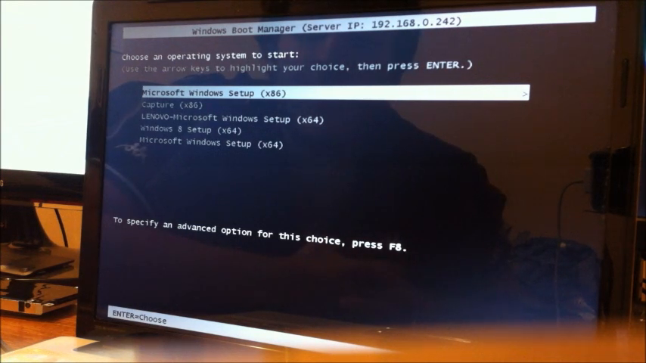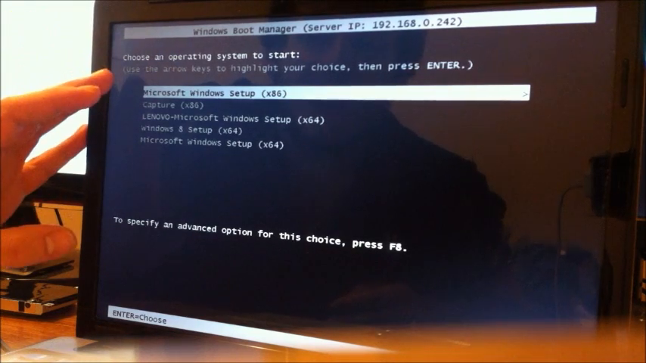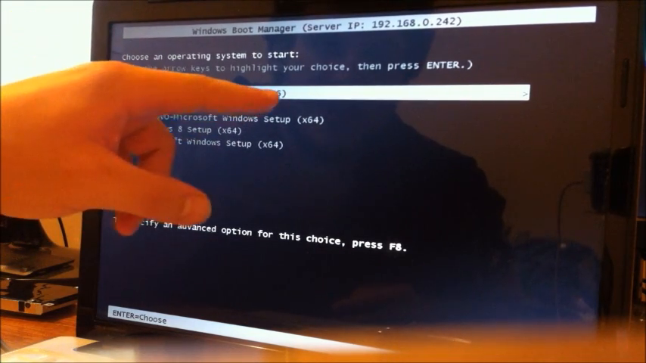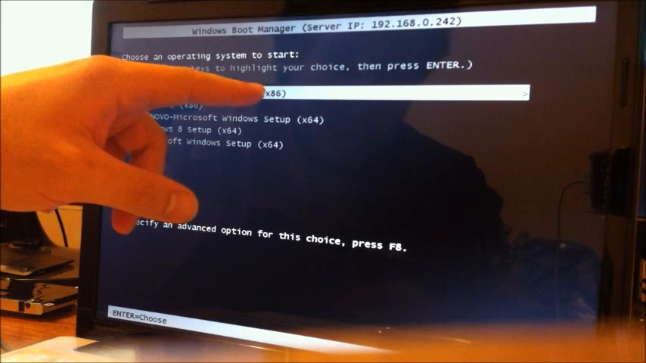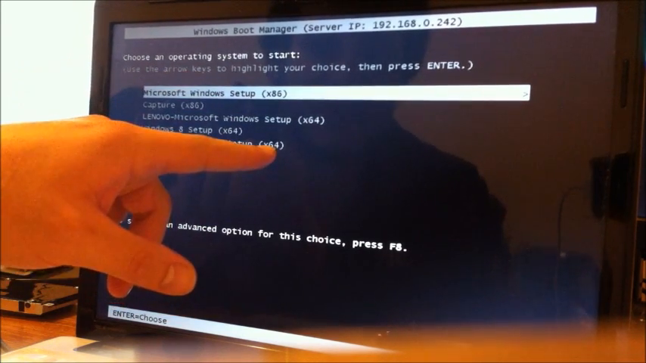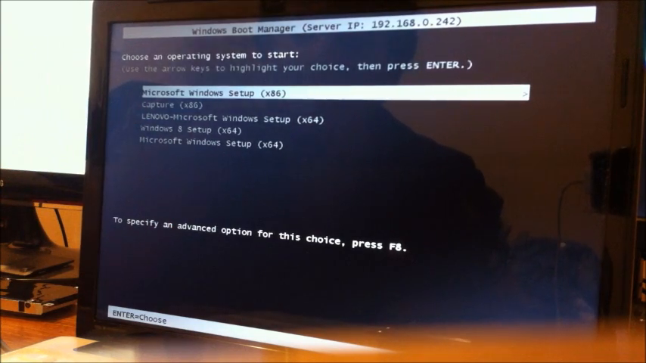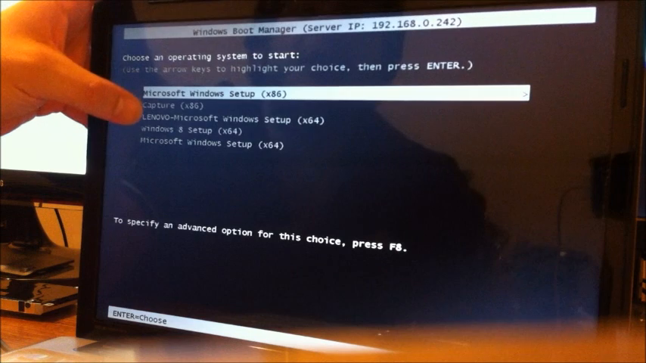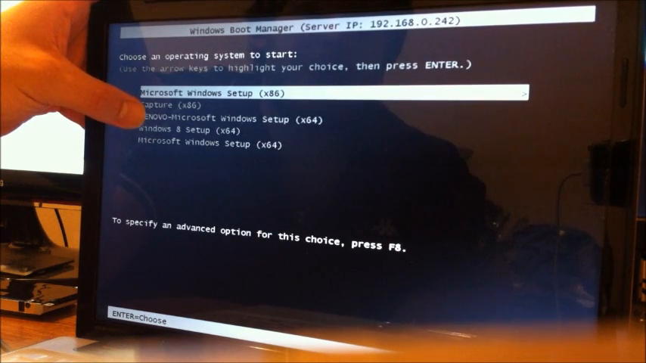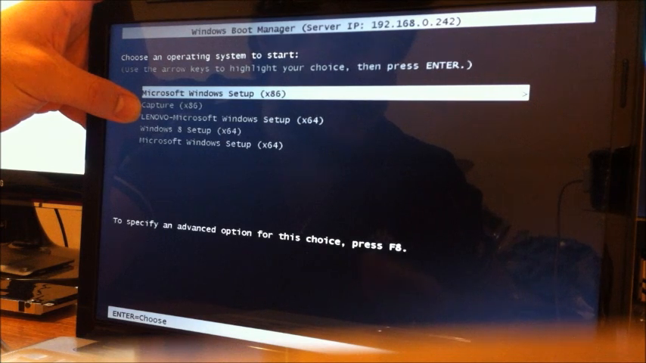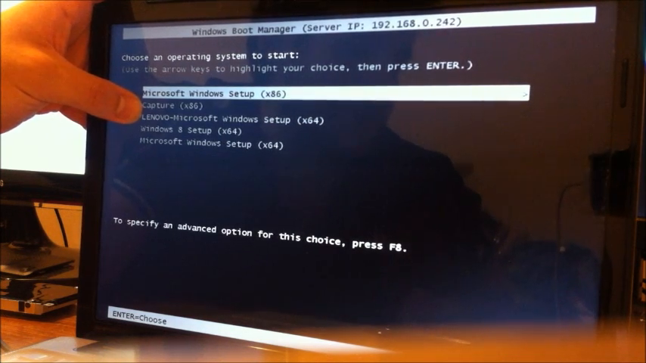I have different ones here because I have ones especially for 32-bit Windows installations. I have one for 64-bit Windows installations. I have a capture image. Pretty much that's used for if you're an IT person who's working for a company or a large business or something like that. You're pretty much going to use this capture image to capture a Windows system that's been sysprepped,